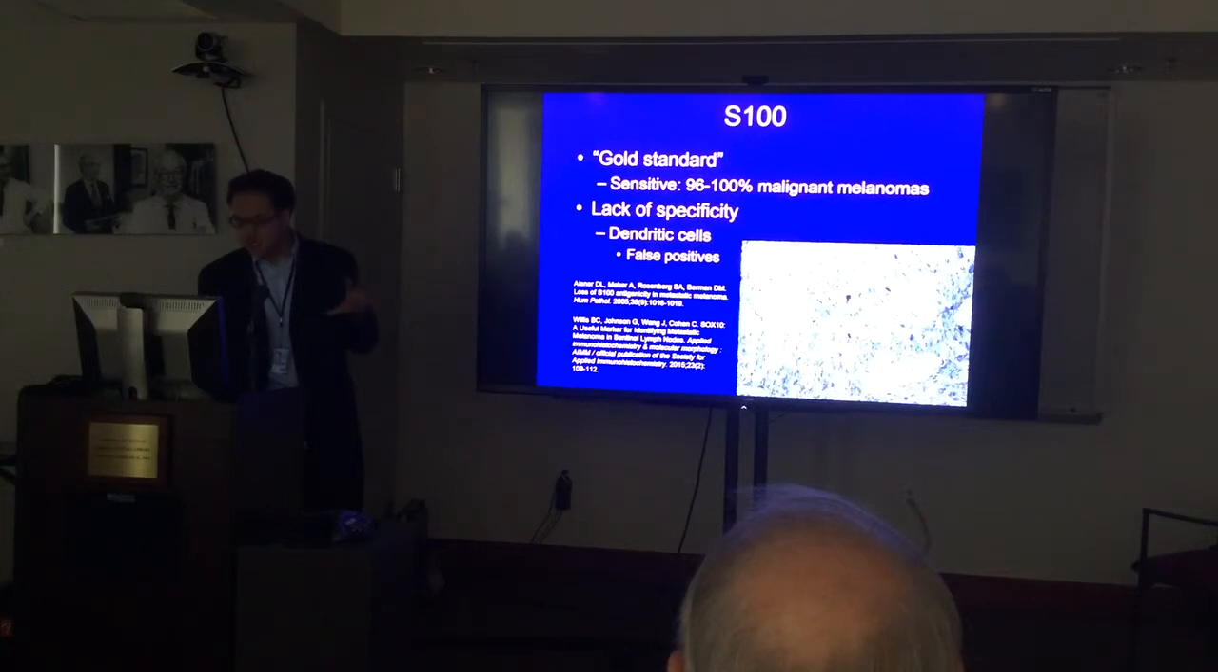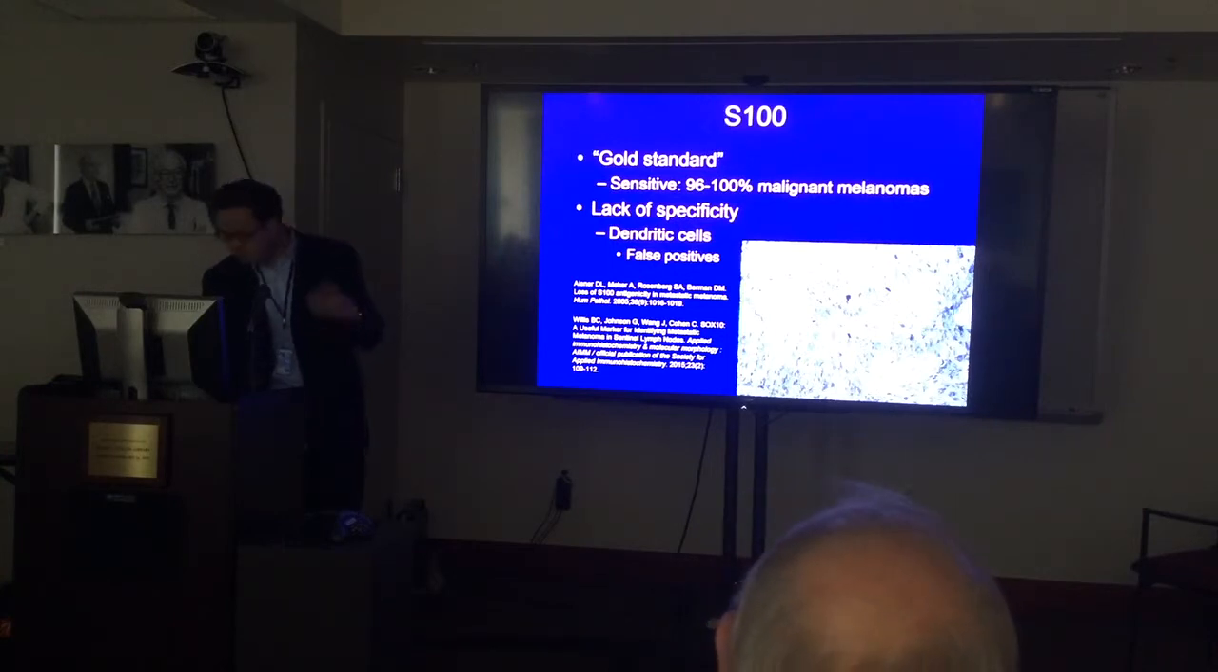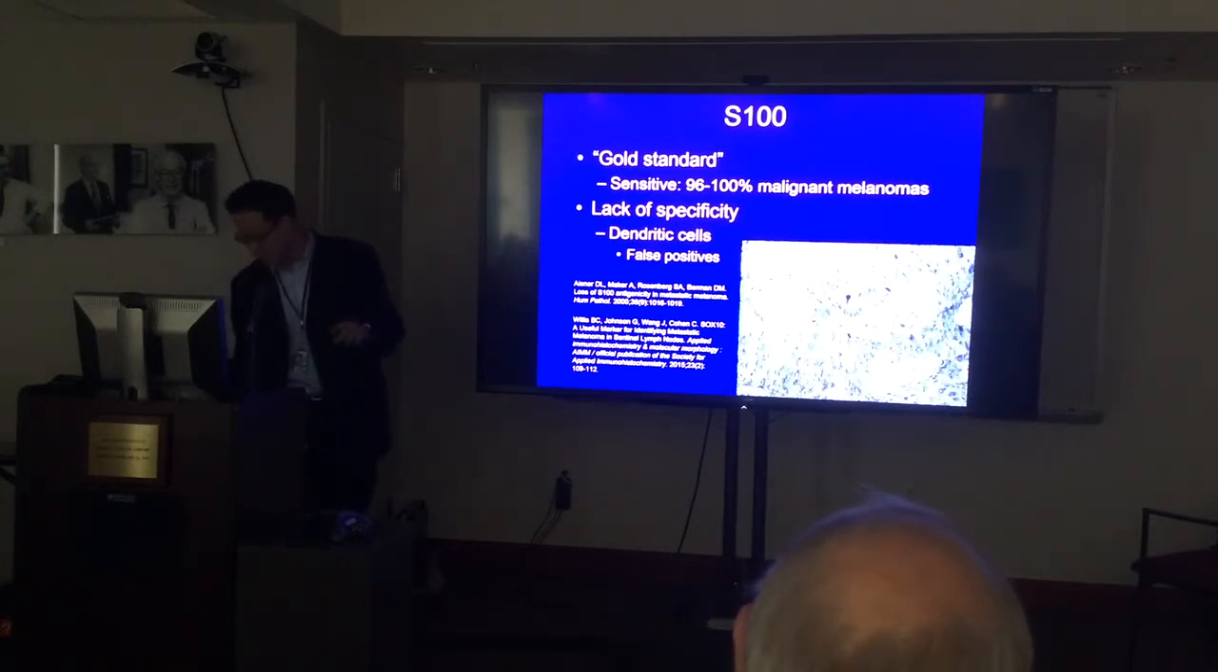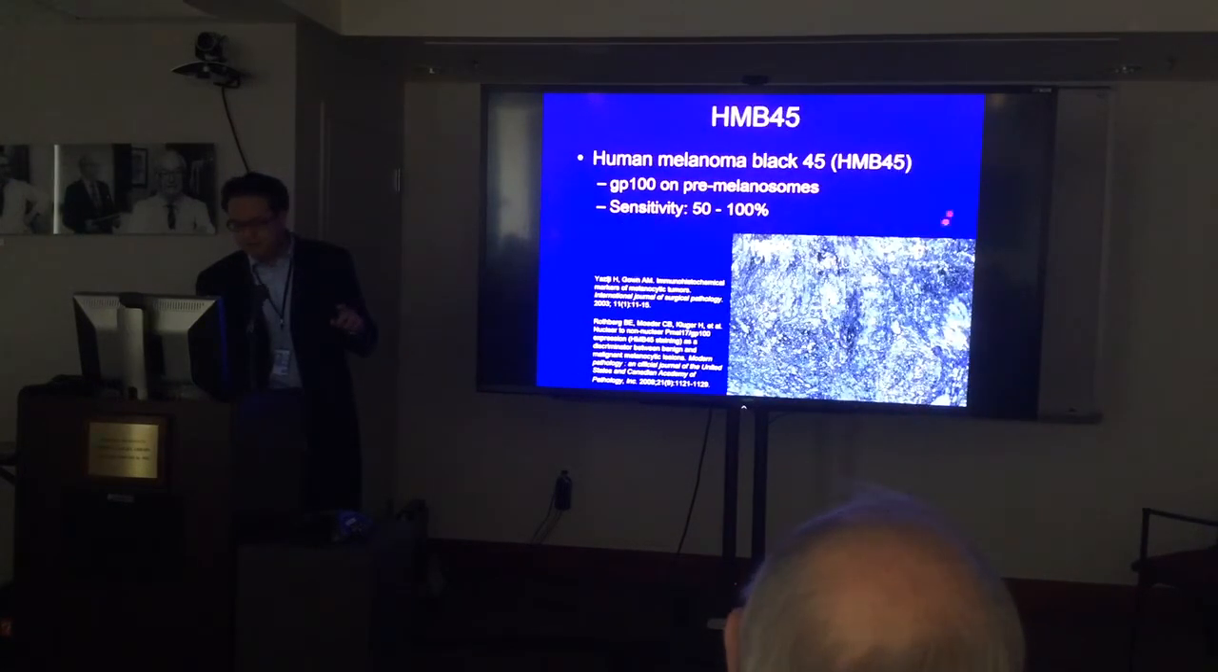Now, looking at our lesion here, this is the S100 immunohistochemical staining of our tumor, and you can see it does stain with S100. It seems to be fairly black colored. However, the next stain we tried was human melanoma black 45, or HMB45. This was historically the next immunohistochemical marker to be used for